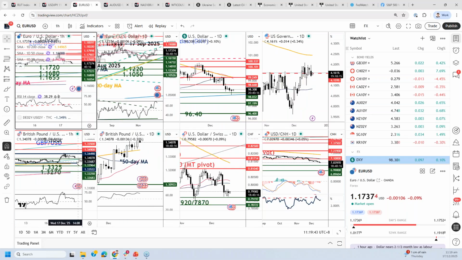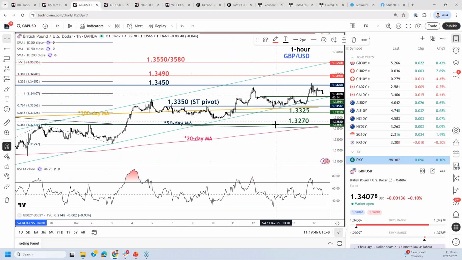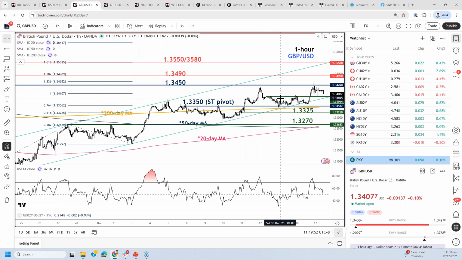Next up will be the sterling dollar. Given the technical weakness that is being seen on the euro dollar, for the sterling dollar over here I will not be so bullish to continue my bullish bias, given the fact that yesterday it hit our resistance level at 134.50 and just started to trade sideways. So there could be a potential chance that the sterling dollar may start to trade in a sideways range for today. So I'll flip to a neutrality stance for now, given the weakness on the euro dollar.